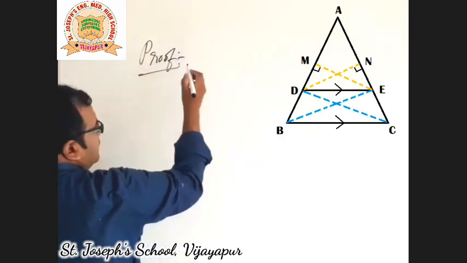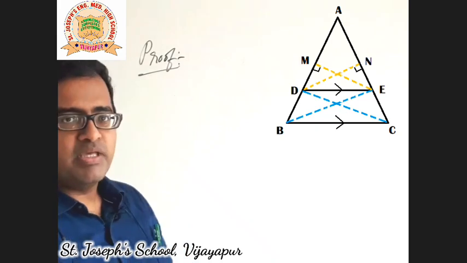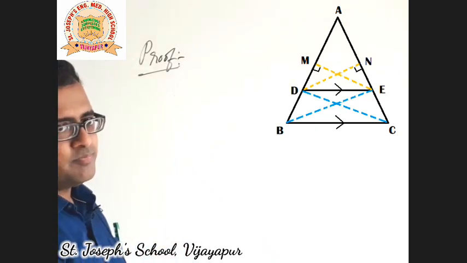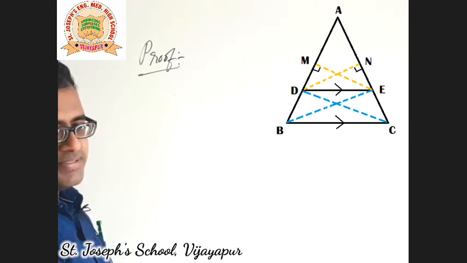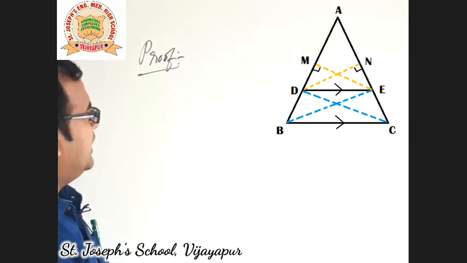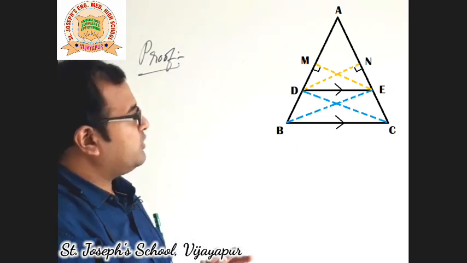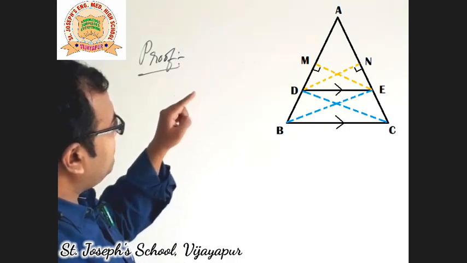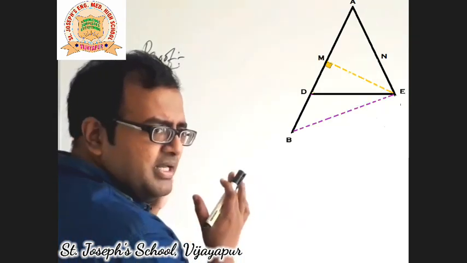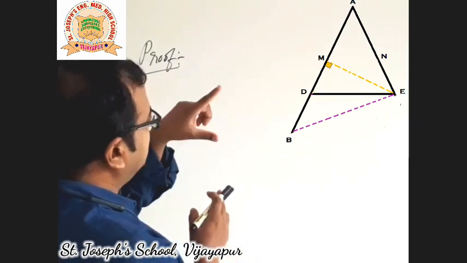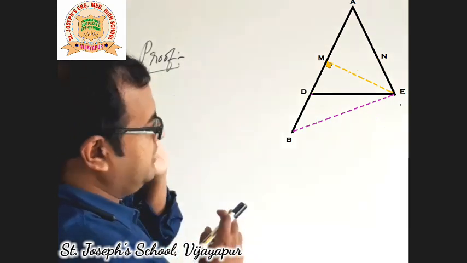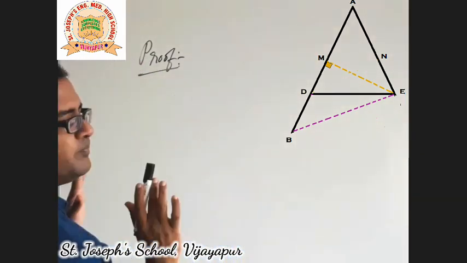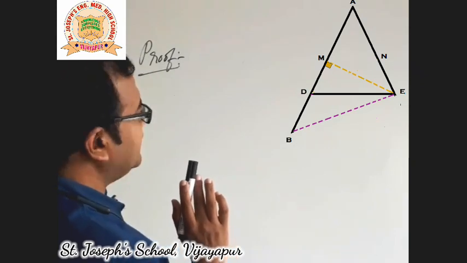Now, let us have a look at the main diagram. In this main diagram, observe, you see triangle ABC, right? DE parallel to BC. These all things we already discussed. Now, I want you to concentrate on a certain part of the triangle, that is triangle ABE. If that part is removed separately, what happens? You see triangle ABE, right? And concentrate only on these two lines, there is a line DE and then EM, right?